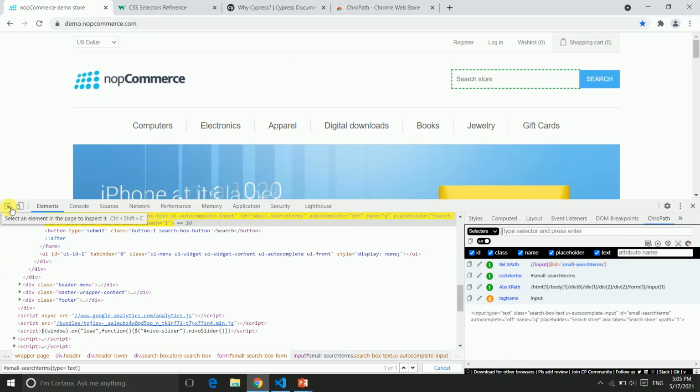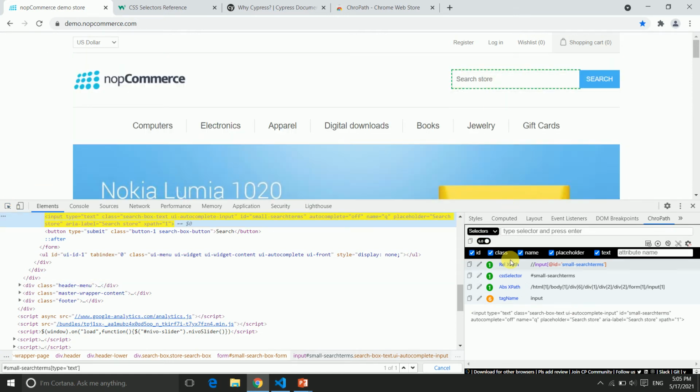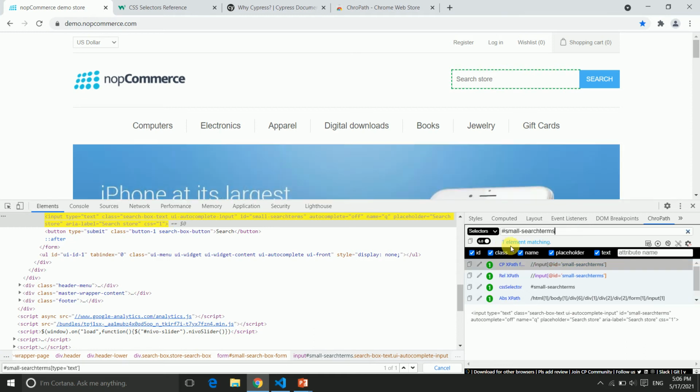So suppose I just go and select this area, so it gives me this hash search. So just copy from here or just copy from here and paste, enter. So you can see that one element matching, and also you can see that this is the dash highlighter for the ChroPath, and for this HTML, here it's giving us the inner yellow color, but for ChroPath you can see this is a dash highlighter.